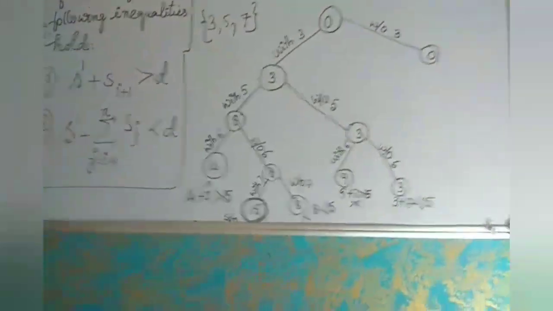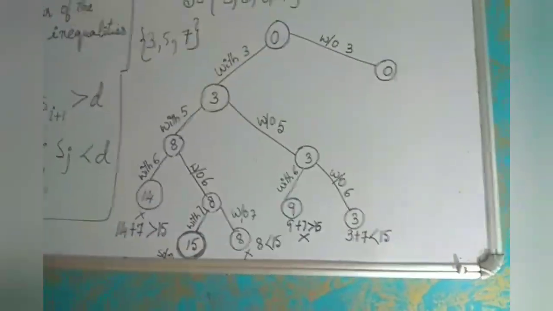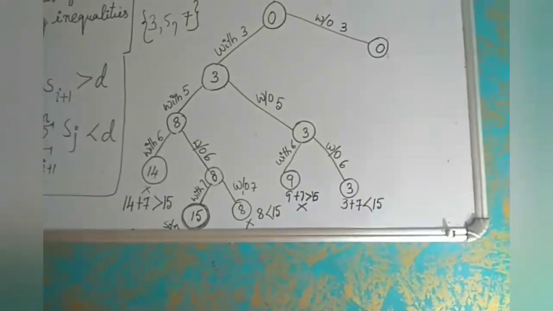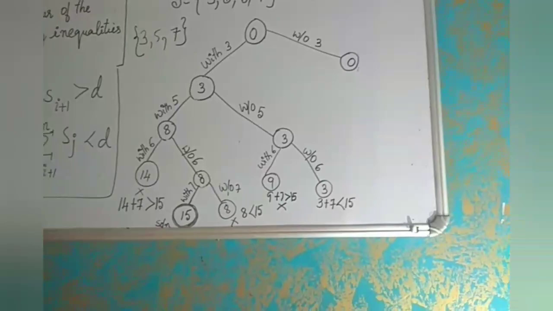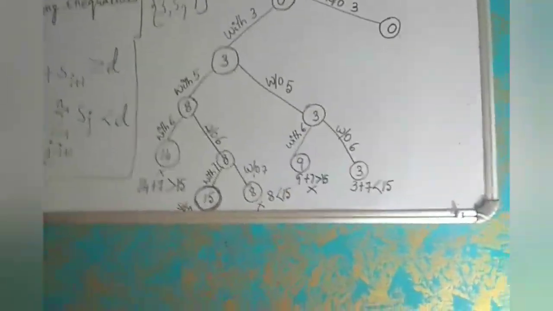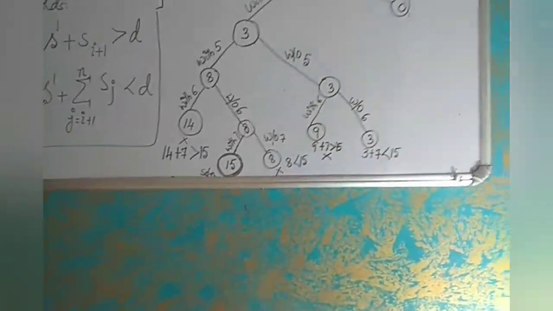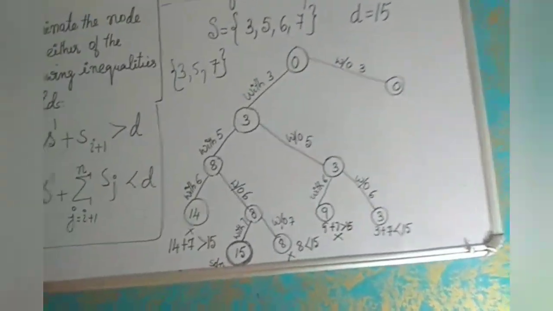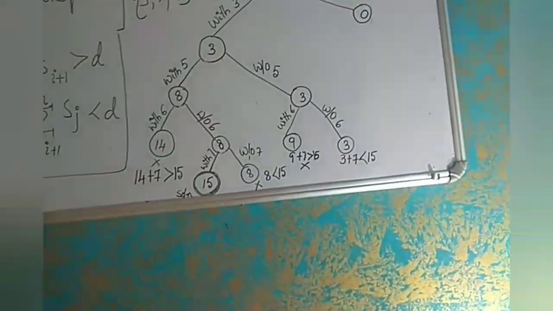Similarly, again you go back, you backtrack, and you consider the right side. Right side, without 6. Without 6 the value is 3 itself. Now we have considered the element 3, 5, and then the next element is actually 7, which you are supposed to consider. You can expand that, and if you add that element, you will get the sum as 10. After that you cannot continue, right? After that we have finished scanning all the elements.